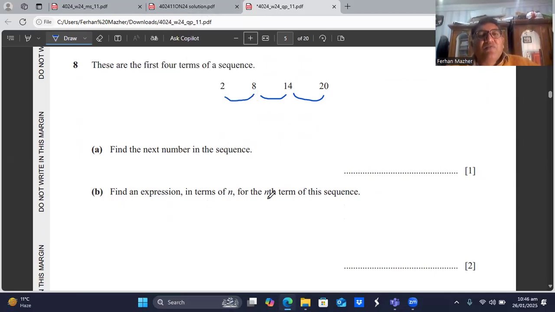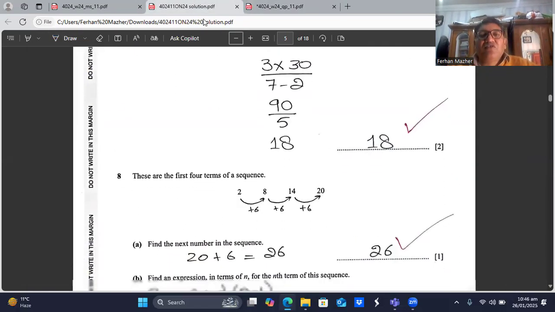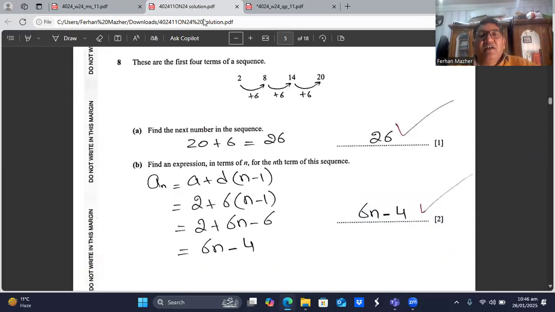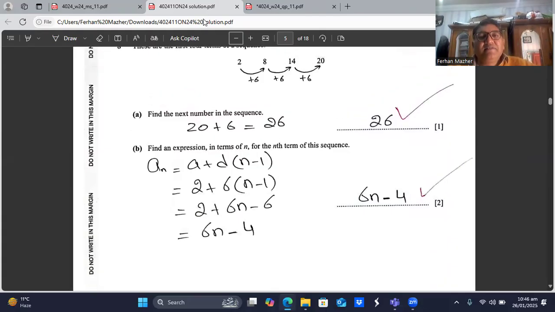Find an expression in terms of n for the nth term of this sequence. If you are getting the next term in the sequence by adding or by subtracting a certain number, which is called a common difference. In this case, this is 6. So we are adding 6. So this is called arithmetic expression or sequence. So the nth term of the arithmetic sequence we can find by this formula. So this formula is